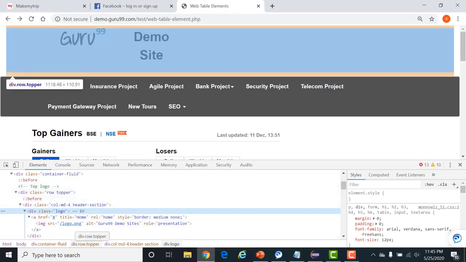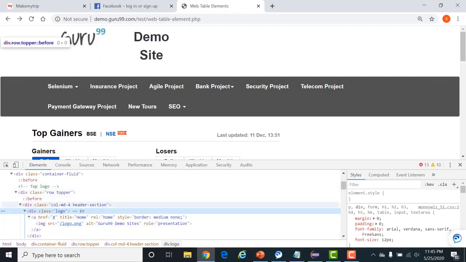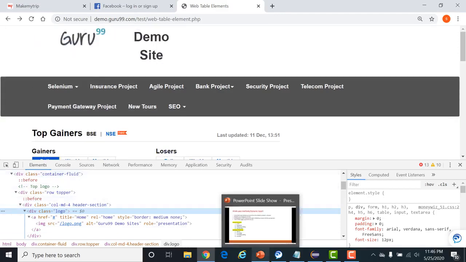And in a similar way, axes are available in Selenium, by which we can design dynamic XPath. Suppose we have only this particular element and with the help of this I want to locate the child elements. We have that kind of option in Selenium, so that we know our parent element but we are not sure about our child element because it is changing dynamically. So with the help of that parent node only we can iterate our child element. Okay, fine. So we are going to see what those are.